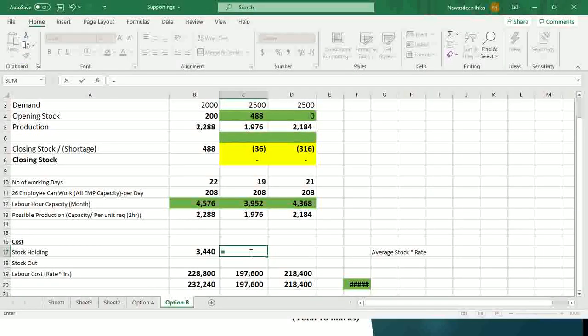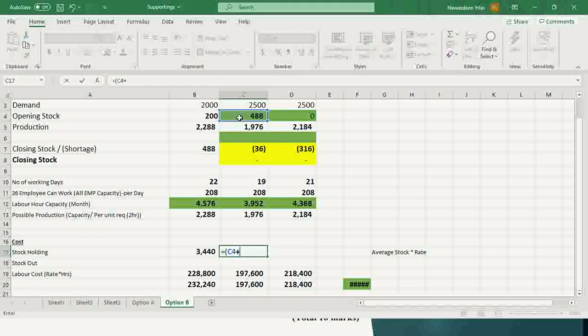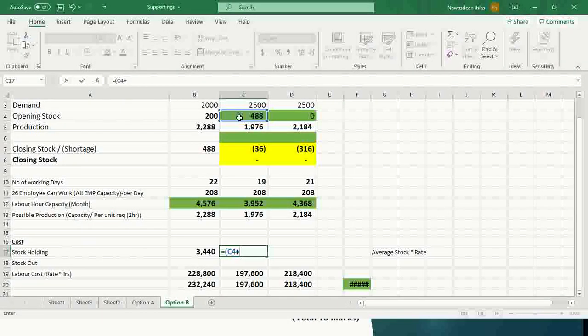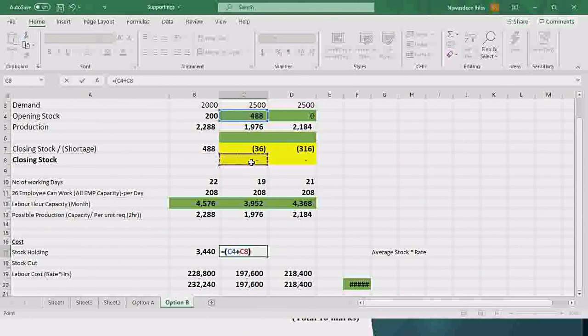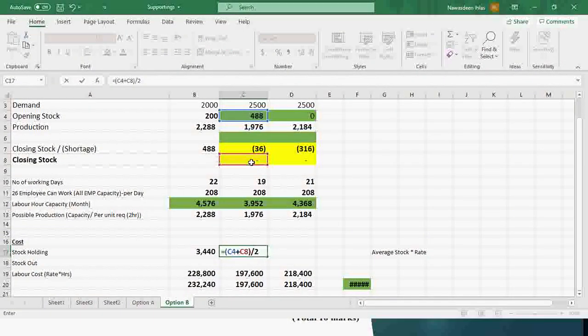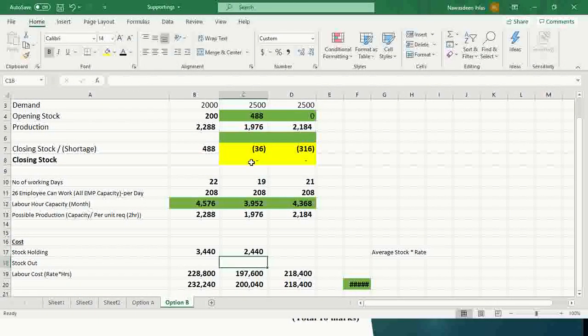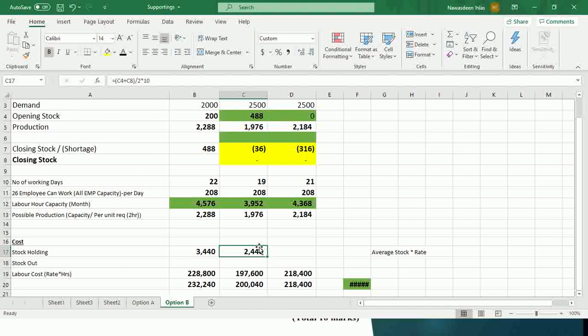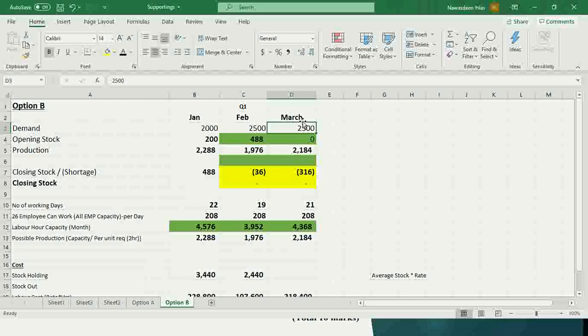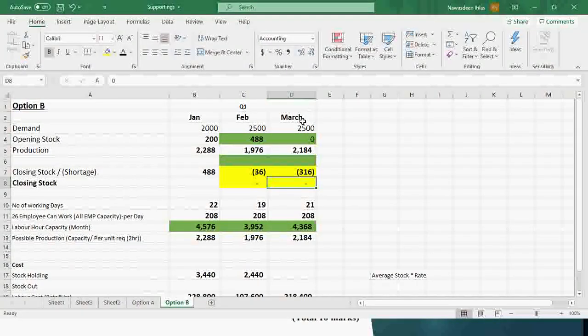February, we can do the same thing. How to find the average inventory? Opening inventory plus closing inventory. Here the closing inventory has a shortage of 36, which means there won't be any closing stock. Closing stock in February is 0. So opening stock plus closing stock divided by 2 into per unit 10 rupees. The only opening stock is there, so half of that, 244 into 10, is 2,440. In March, we can't see any opening stock or any closing stock, which means there won't be any